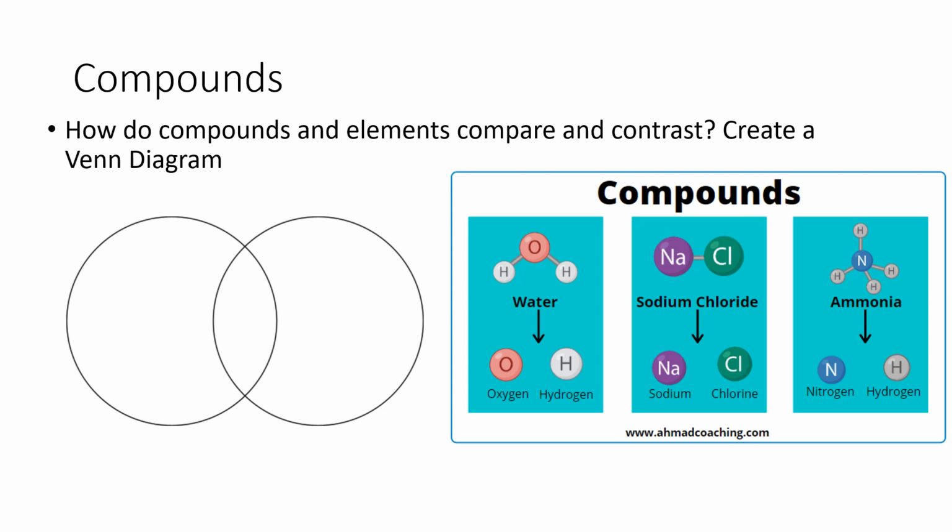Compounds. When we have compounds, how do compounds and elements compare and contrast? Create a Venn diagram. I'm not going to do all of this for you, but I want you to know how to do this. If you go back to the previous statements that I made, you'll see a lot of information that's very pertinent to you. Both of these are going to be pure substances. Write elements on one side and compounds on the other side. The big thing here is that an element is going to have one type of atom, and a compound is going to have 2